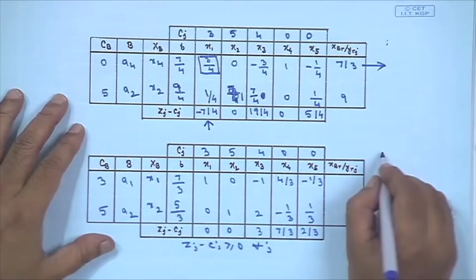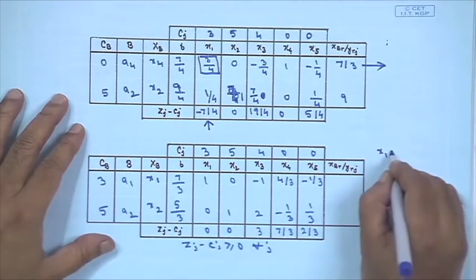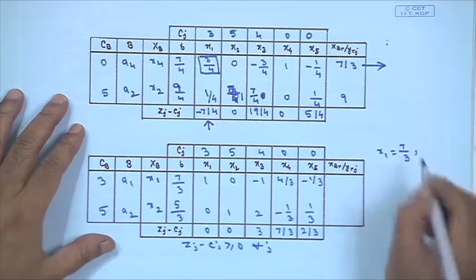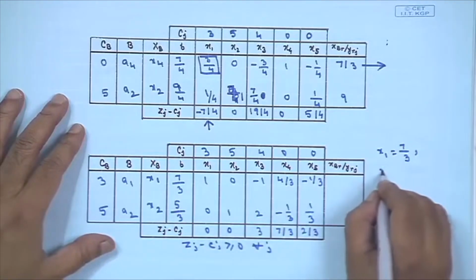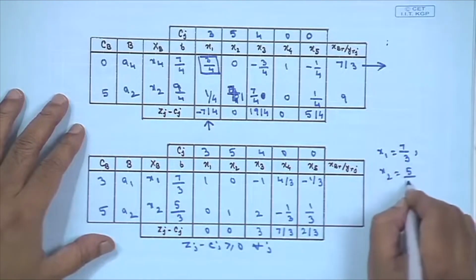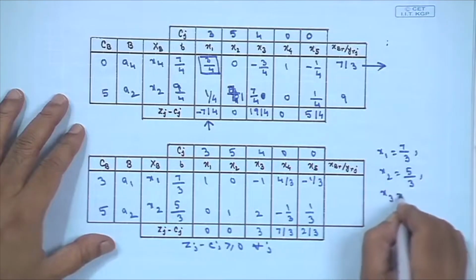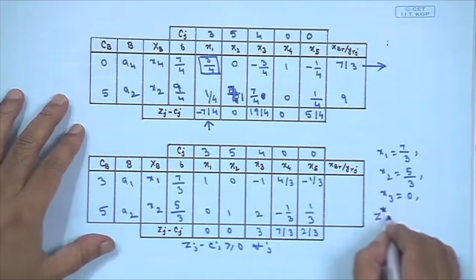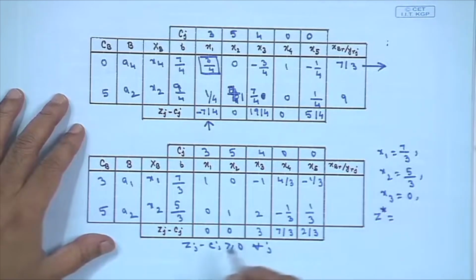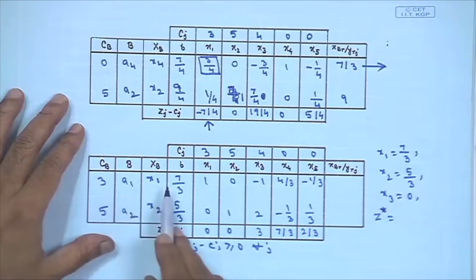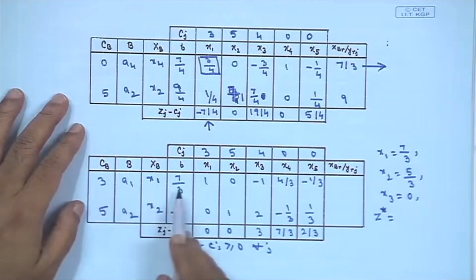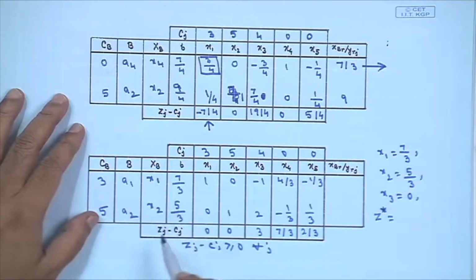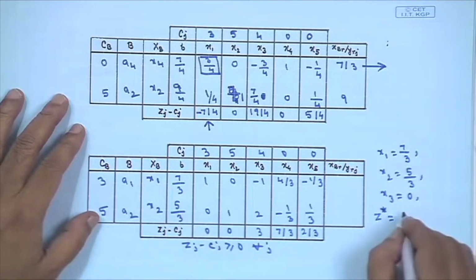X1, X2 is present. So, your optimal solution is X1 equals 7 by 3, X2 equals 5 by 3. X3 is not present, therefore X3 will be 0, and the maximum value Z star is 3 into 7 by 3 plus 5 into 5 by 3, other terms will be 0. So, that value you will get as 46 by 3,